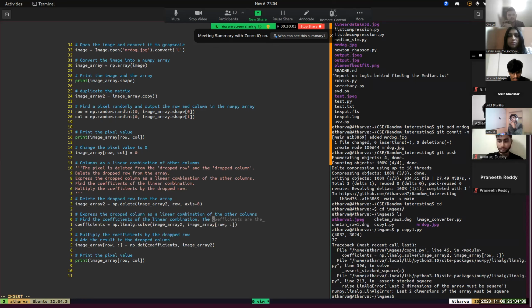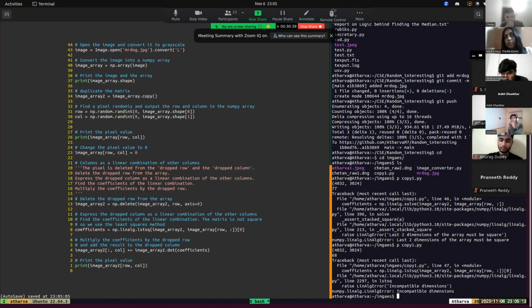Usually, when we talk about the eigenvalues, we talk about the whole information, right? Like the whole image as information, and you're saying that the maximum amount of information is retained in a particular direction. But here, since we are trying to predict a missing value, maybe we can think of it like